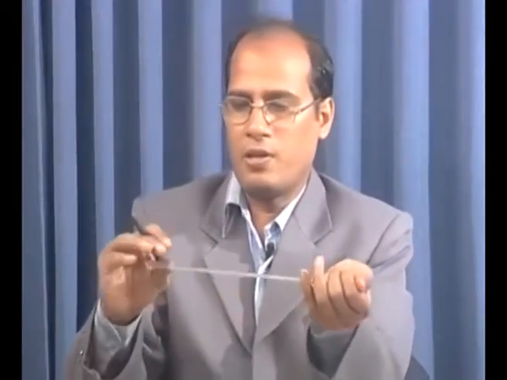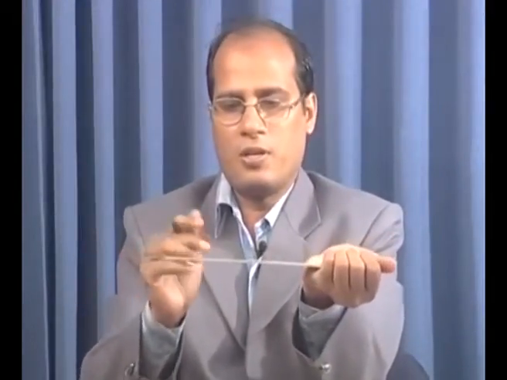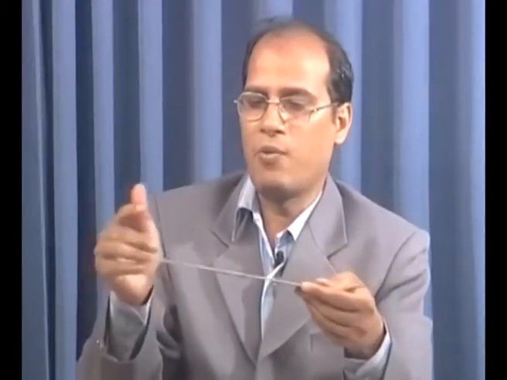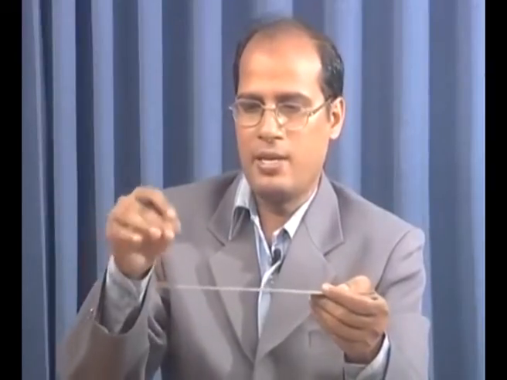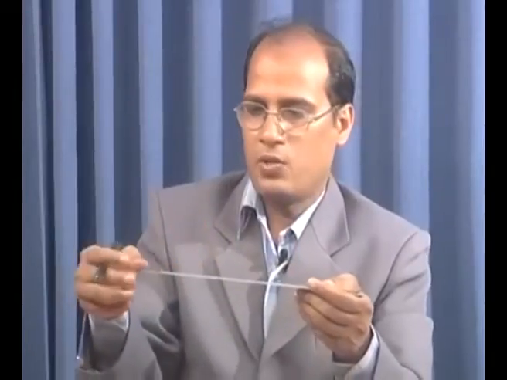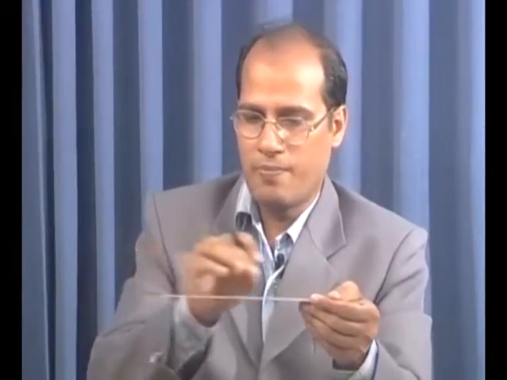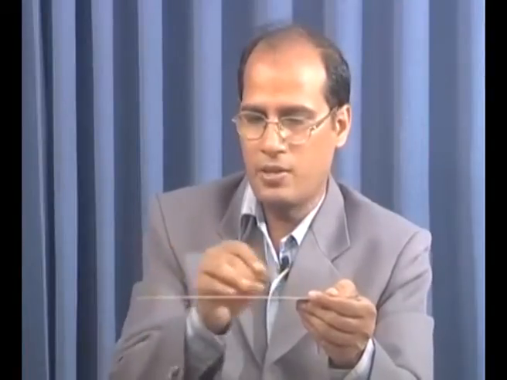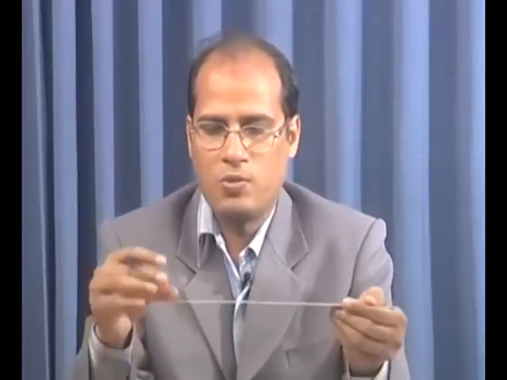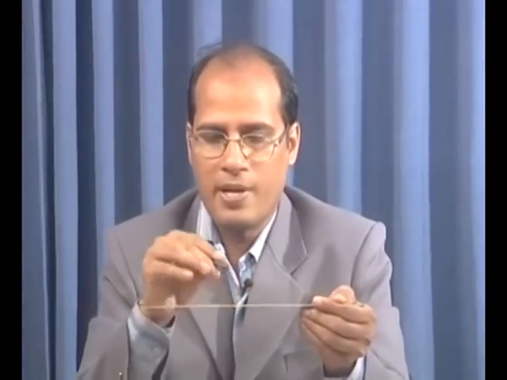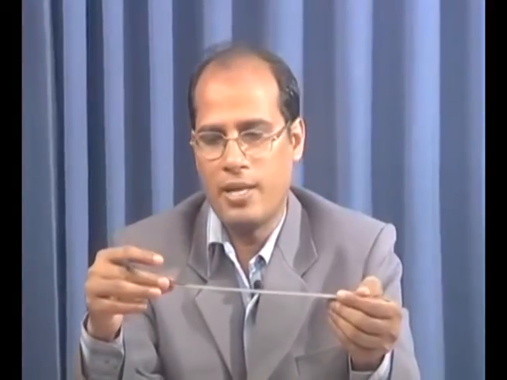But in case of the continuous system, let us take this beam. The vibration depends on the position. That means we have to find at which position we are interested to find the vibration, whether it is taking place at this end, at the middle, or at this point. So it depends on the position or location of the points on this beam, and also it depends on the time. So it depends on two parameters: one is the location or the space coordinate, and the second one is the time.